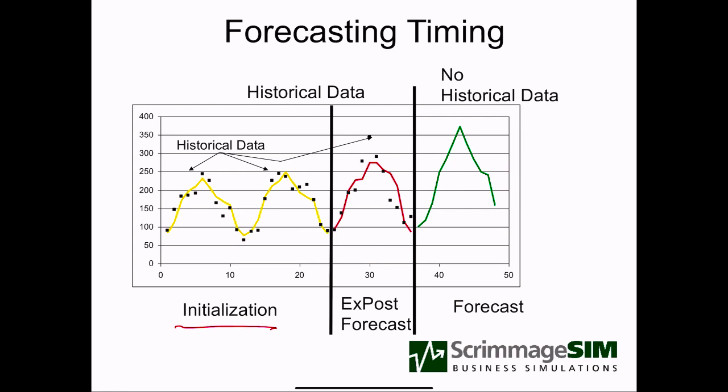Here we're showing what we'll eventually get to, which is a model which has both seasonality. This is monthly data, so we have 24 months. We have high demand in some parts of the season and lower demand. We also have a trend going forward. So to initialize this model, as we'll see later, we're going to need 24 pieces of data. Once we have the initialization